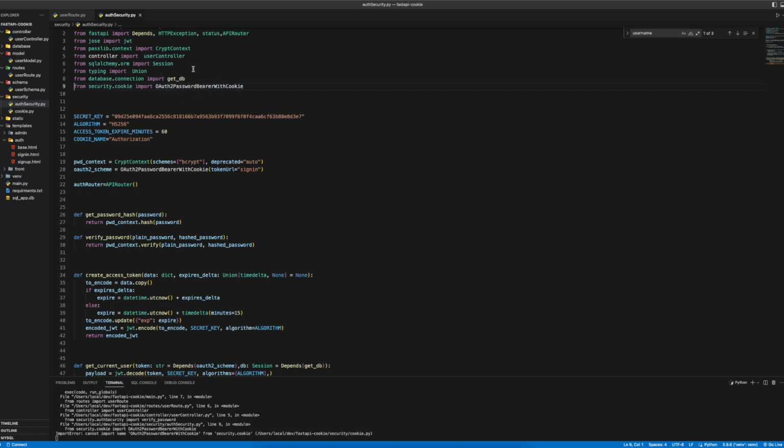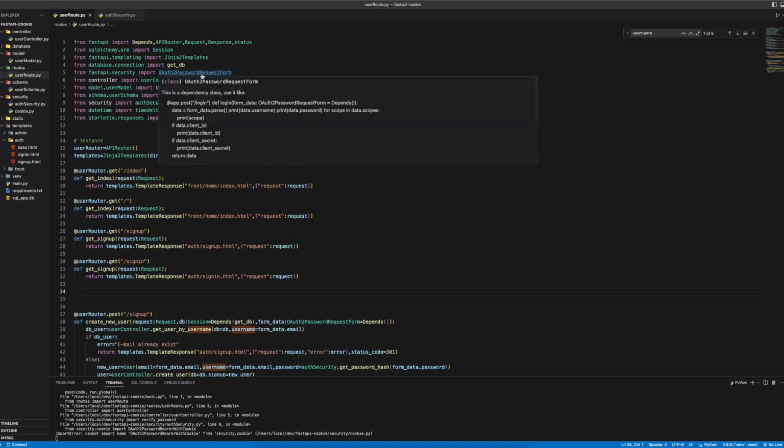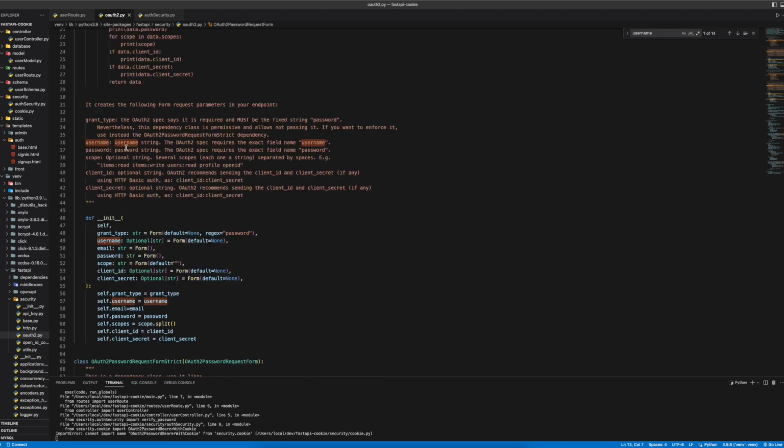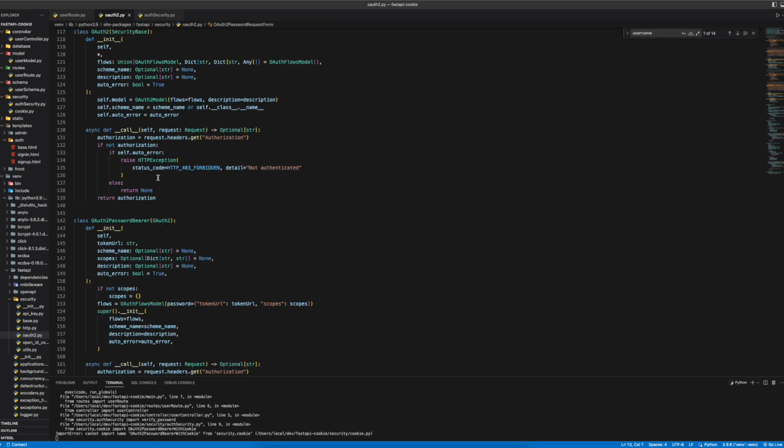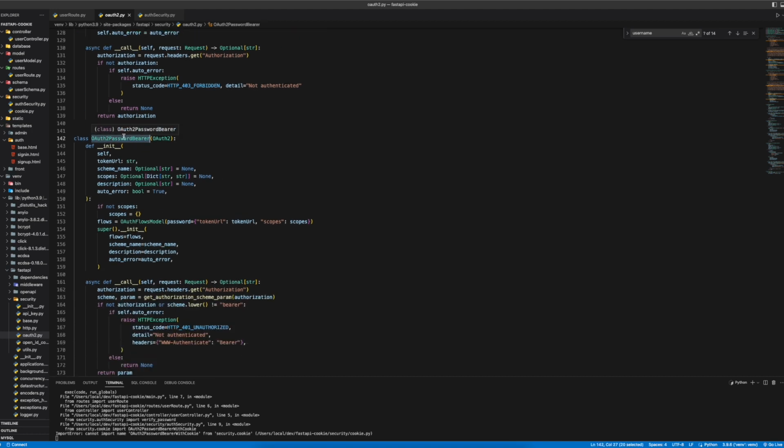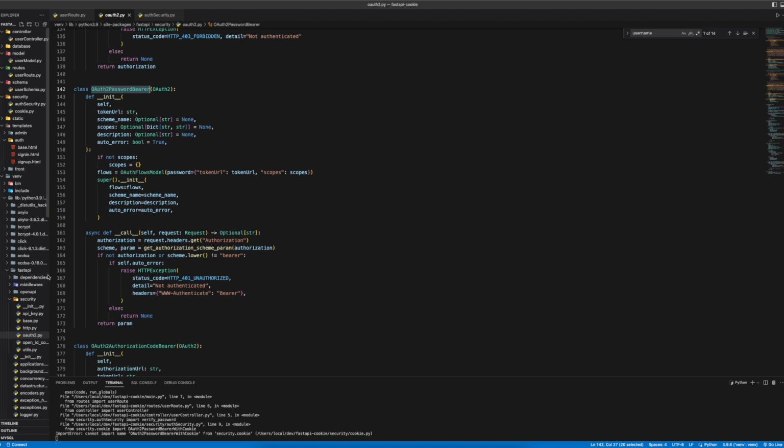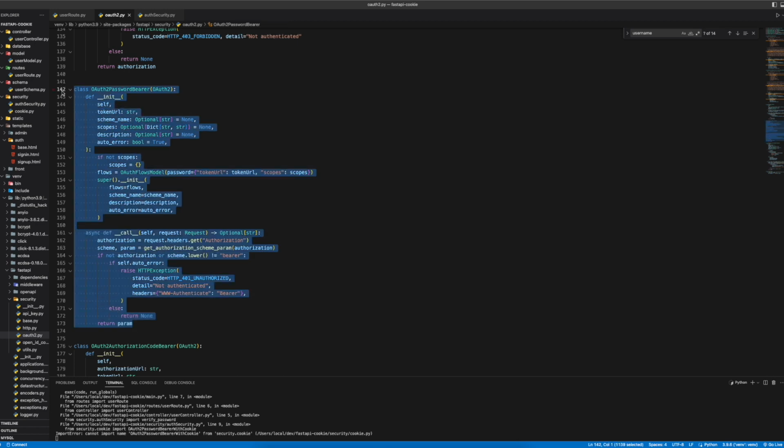This class actually does not exist, and I overrode this class from here. If you come here, OAuth2PasswordBearer, this class is used for authorization and authentication of the user, but the difference is it gets the token from the header, but we want to get this token from cookies. What I have already done, I just copied this class,